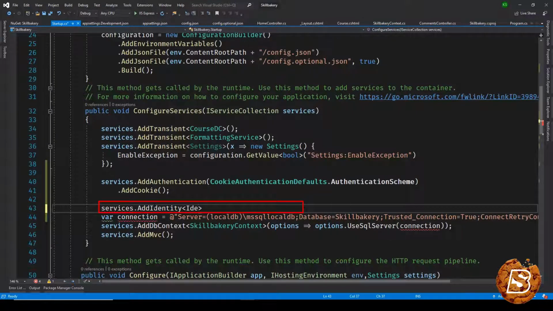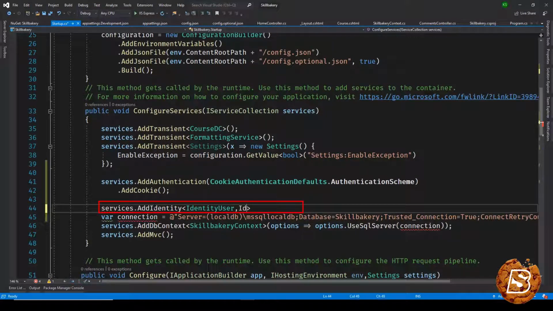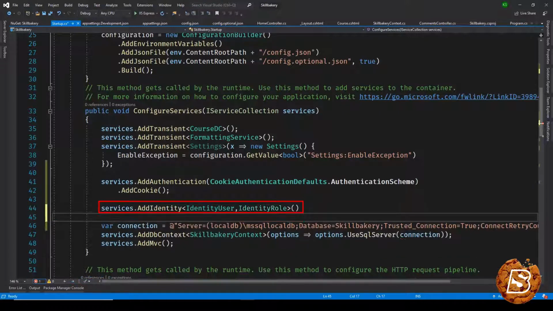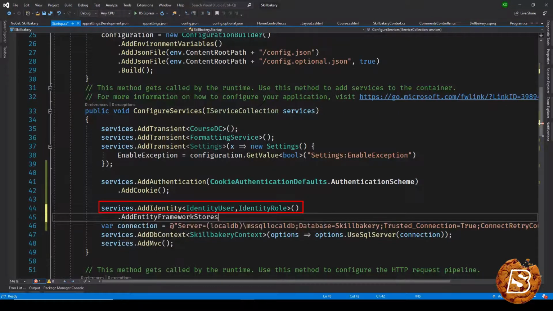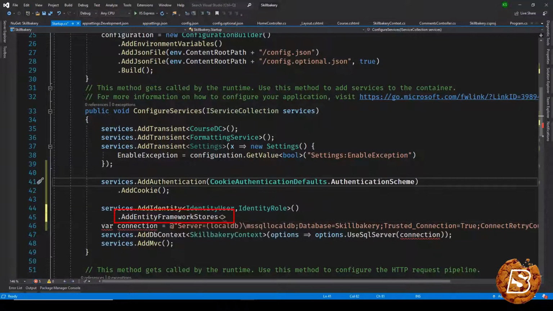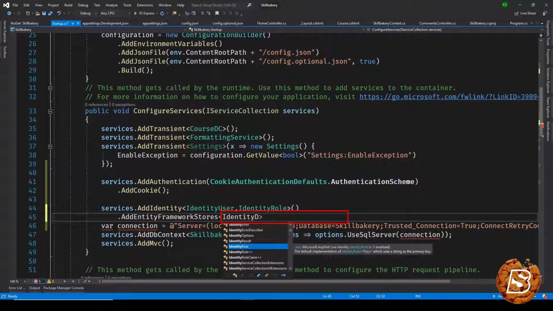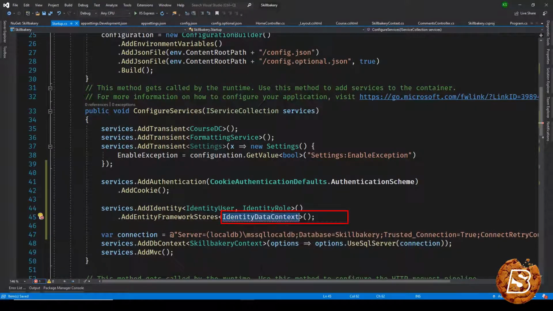First is the user itself, so for that we have IdentityUser, and next we have roles, and for that we have IdentityRole. Next we have to add Entity Framework stores. Now this allows us to store the data of the user in a database, and for that we'll be creating another context, just like we have created one over here, SkillBakeryDbContext. We'll be creating one, let's call it for now IdentityDataContext. Now for now the IdentityDataContext does not exist, so what we have to do is